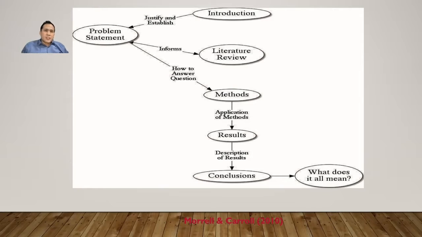We have a statement or problem statement. In this case, the statement of the problem or research problem. Some books use the word research question. So research question, research problem, or statement of the problem, all are the same. I think talking about what it is, the first thing that you have to make in